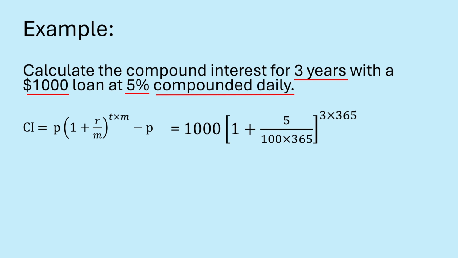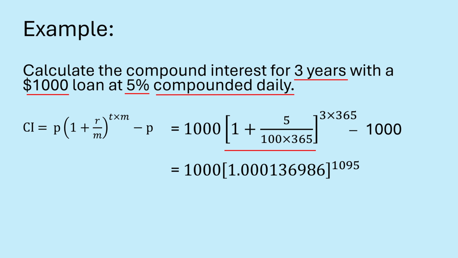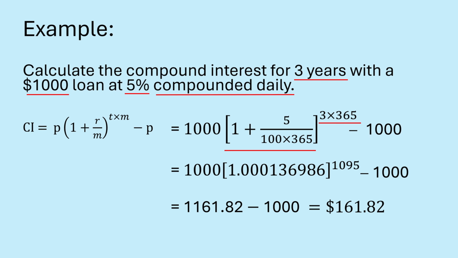So the equation will be 1000 in the bracket 1 plus 5 divided by 100 multiplied with 365, close the bracket, whole bracket to the power of 3 times 365, minus 1000. When we further simplify the bracket, we will get this value in the bracket. Here 3 times 365 is equal to 1095. When we further simplify, we will get 1161.82 minus 1000 is equal to